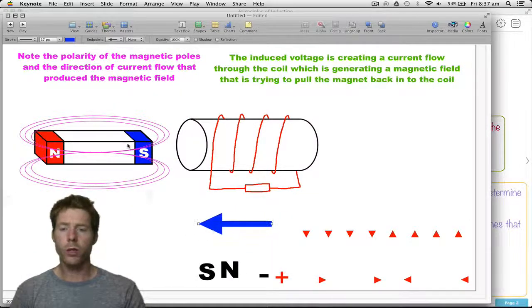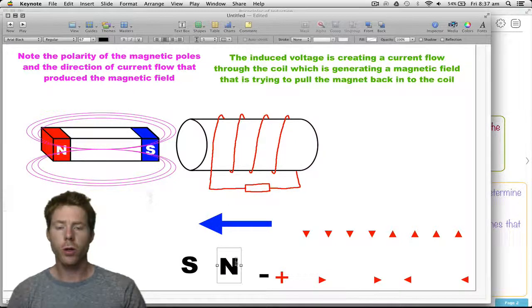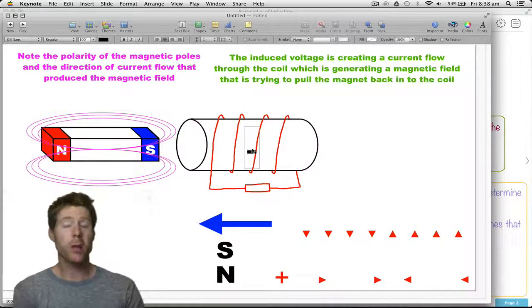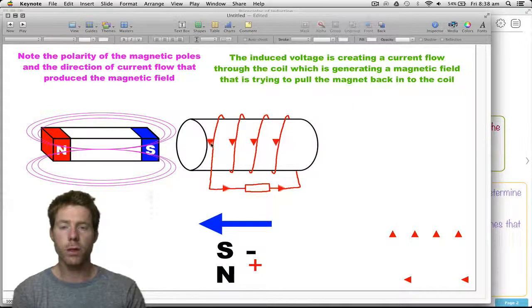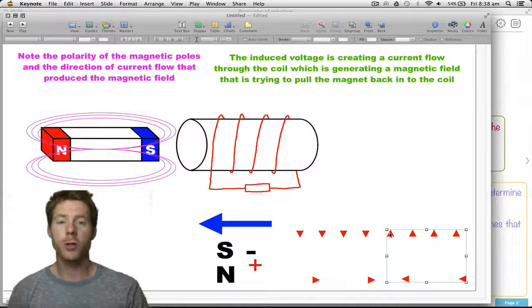I've got this arrow here which is going to show the direction that I'll be moving this in. I've got a south and a north pole to show, because this is going to turn out to be an electromagnet, so we're going to get a south and north showing up somewhere there. This is going to be a power supply because we're going to induce a voltage into it, so we get a negative and positive showing up somewhere. And then we're going to have some kind of current flow in some direction, and that's what these ones are going to represent. And this one just does the opposite. Okay, so it's going to be a pretty interesting ride as we go through this one,